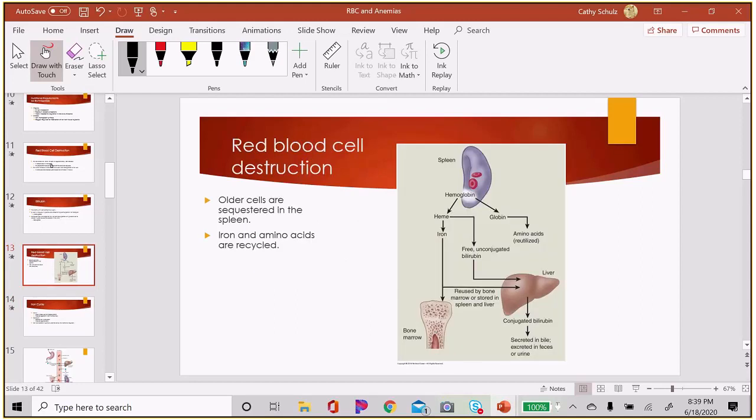So I'm going to stop here because the next essential part of this is how the body will reuse the iron, because we can reuse the amino acids and we can get rid of the bilirubin. But now, what are we going to do with this iron? And so before we talk about